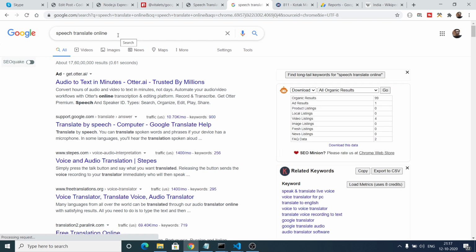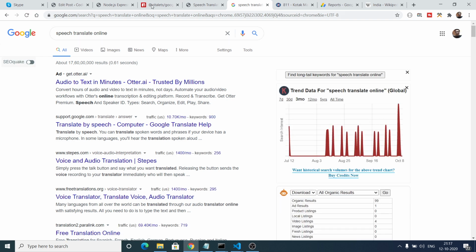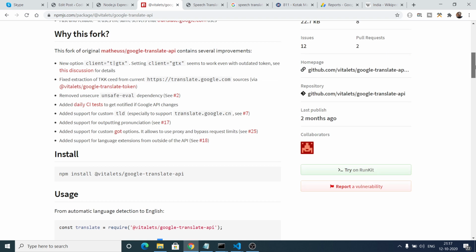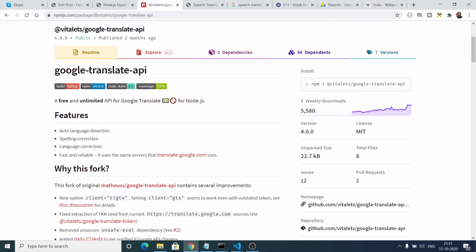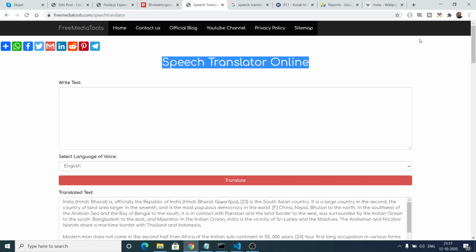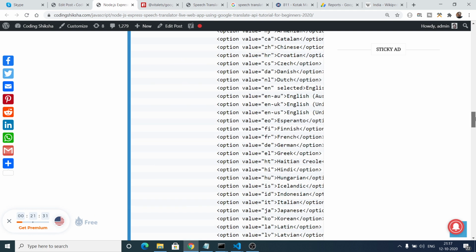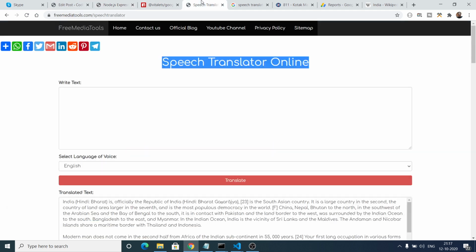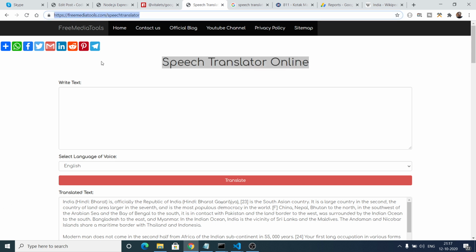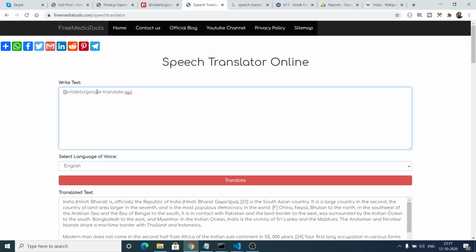I highly suggest that you make this web service. It requires just this simple npm module, the Google Translate API. Just install this module inside your Node.js project, go to my blog, and copy and paste the code, and you will be able to make this application. It's a great application, and I highly recommend that you try it.